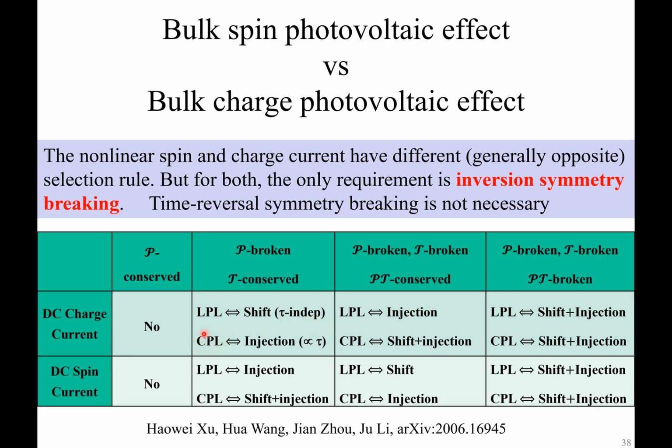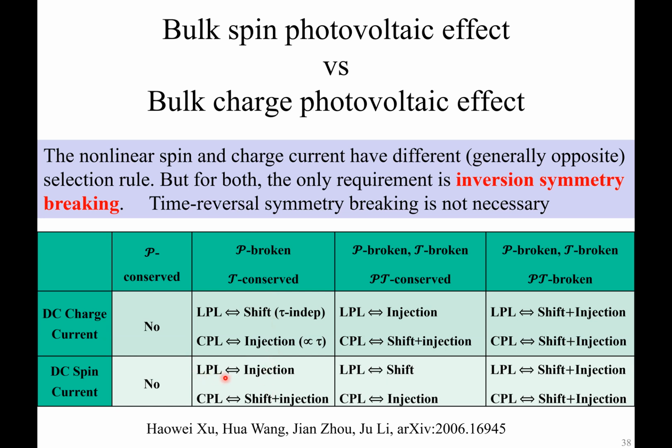But you're also going to have this circular photogalvanic effect, the so-called injection current. This is a coherent excitation at K and minus K in the Brillouin zone, and you actually shift the occupation. You break the symmetry in the occupation of them, and that is proportional to the electronic relaxation time. This is generated under circularly polarized light. When you talk about the spin current, however, because spin is a pseudovector that behaves differently under time reversal and also under inversion, it's almost completely opposite.